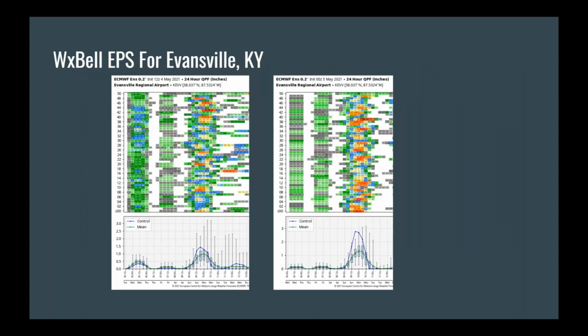All right, so for those of you that look at WeatherBell graphics, I did grab a couple of screen captures here for Evansville, since we've talked about the site here previously. And this is kind of neat. It kind of goes along with what we saw out of the NBM output even. I'm just looking at 24-hour QPF. You can also do total QPF, but total QPF kind of gets distorted because there's a few lighter events here early on. But if we look at the weekend, you can see that amongst the European ensemble members, there